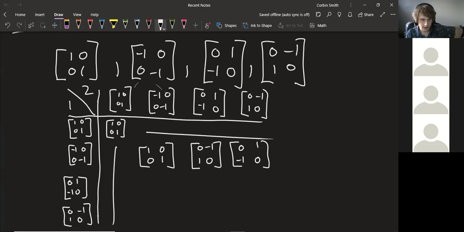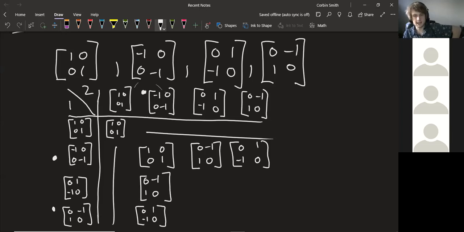So then if we do the same thing here, this times this, well, that's just going to multiply it by -1. So that's going to be 0, minus 1, 1, 0. And then again, this times this is just going to multiply it by -1. So 0, 1, minus 1, 0. And so